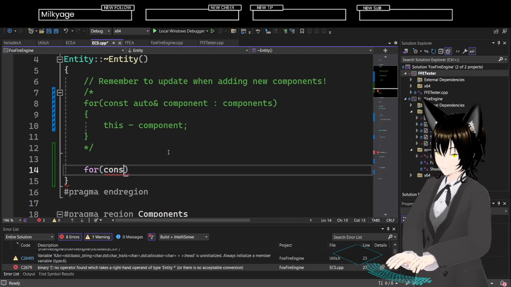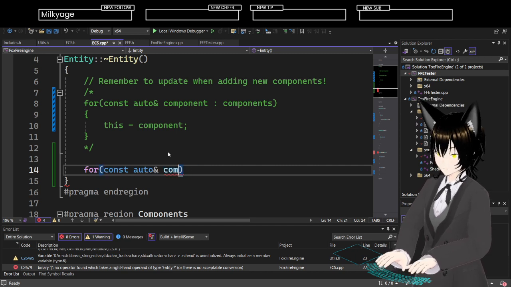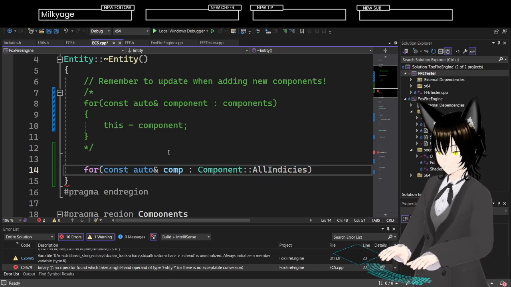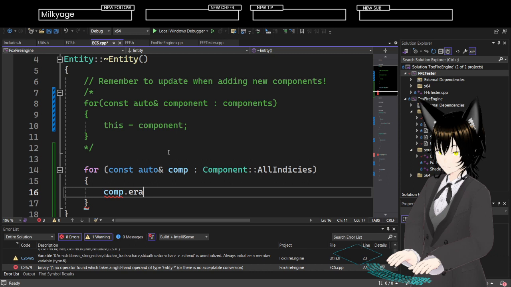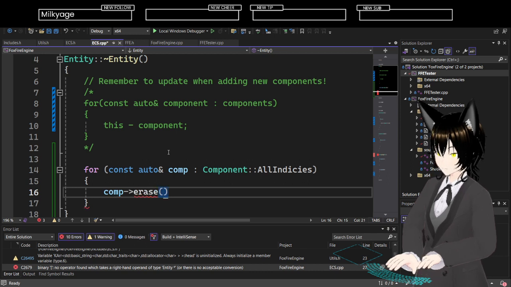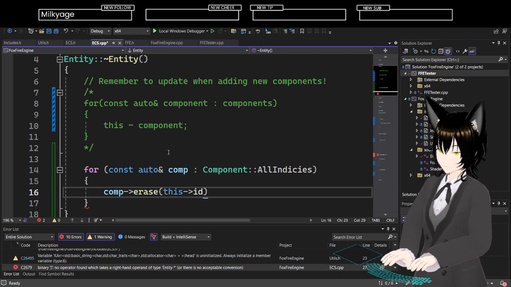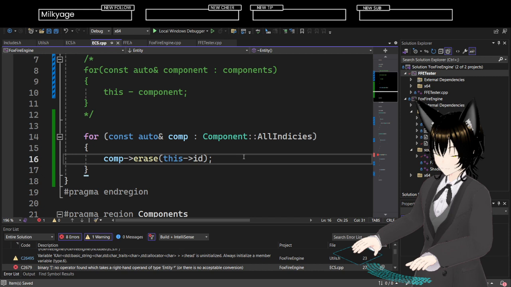For const auto reference comp in the component all indices, comp.erase this ID.